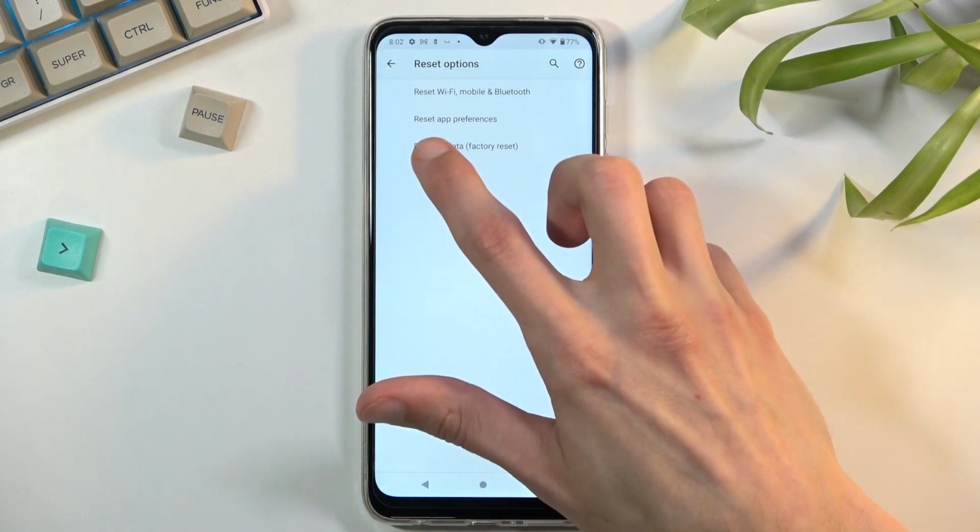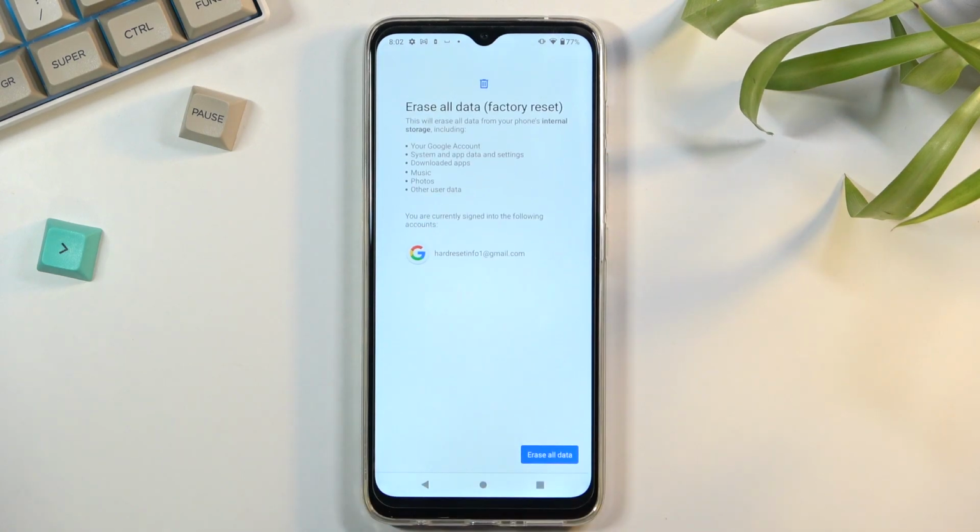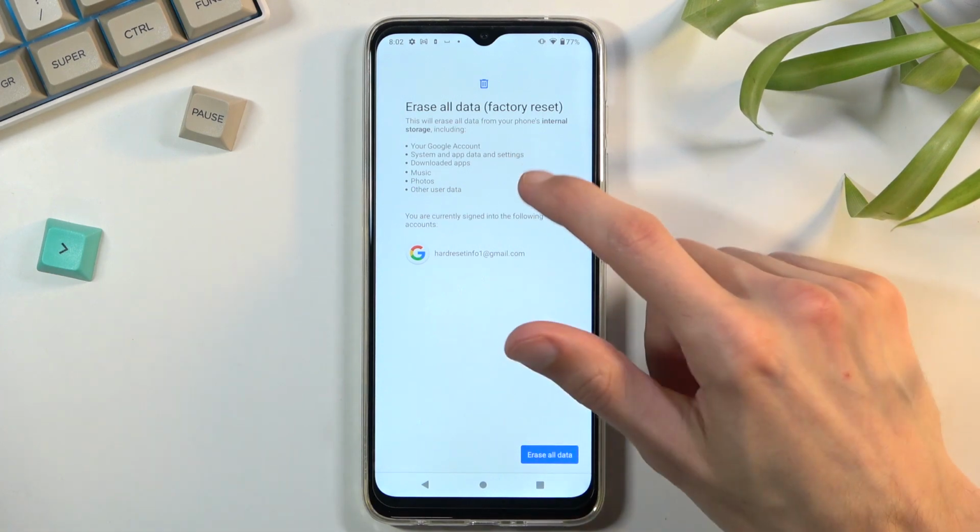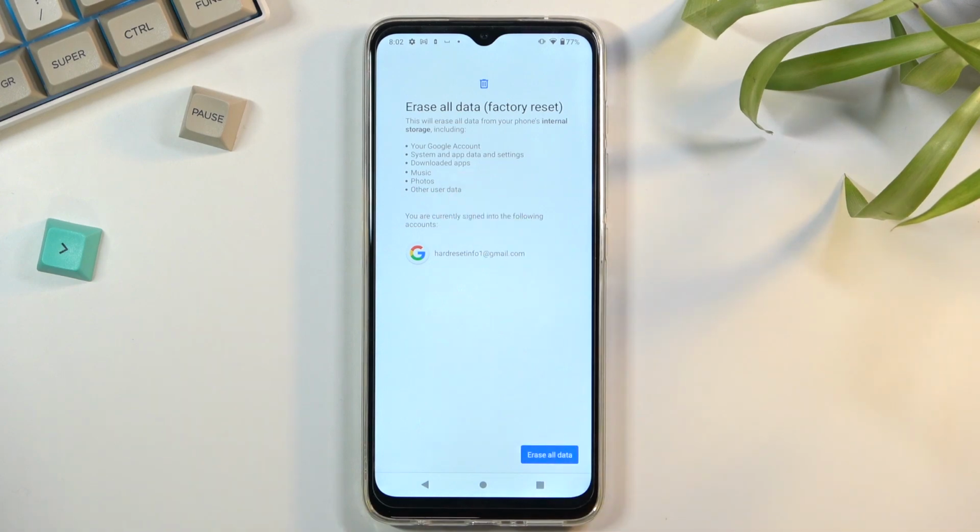And choose the last option, Erase All Data Factory Reset. By choosing this, it will give you a message that performing a factory reset of your device will result in basically removing the things that are provided right here. So we have Google accounts, system and app data and settings, downloaded apps, music, photos, and other user data. So if there's anything that you'd like to keep from this list, do back it up beforehand, otherwise you will